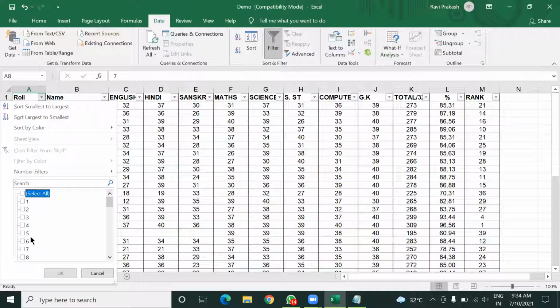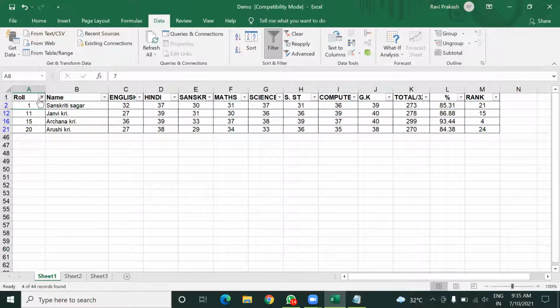So if you want to display particular roll numbers, for example, roll number 1, roll number 11, roll number 15 and 20, for example, I want only these four data to be displayed in this database. So I'll select only these roll numbers, and the rest of the roll numbers will remain deselected, and then click on this OK button.